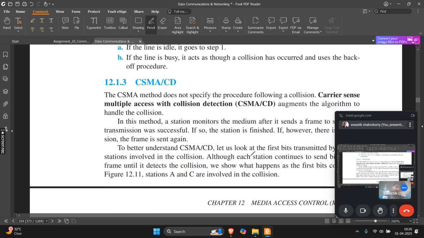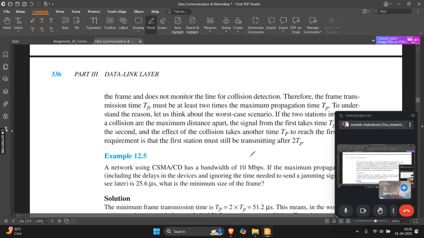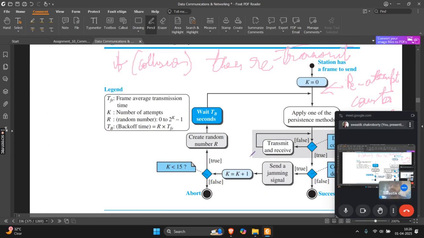So this is the example of the persistence method. Now let's come back to CSMA CD. So in CSMA CD, you first initialize the reattempt counter to 0, and then you start your